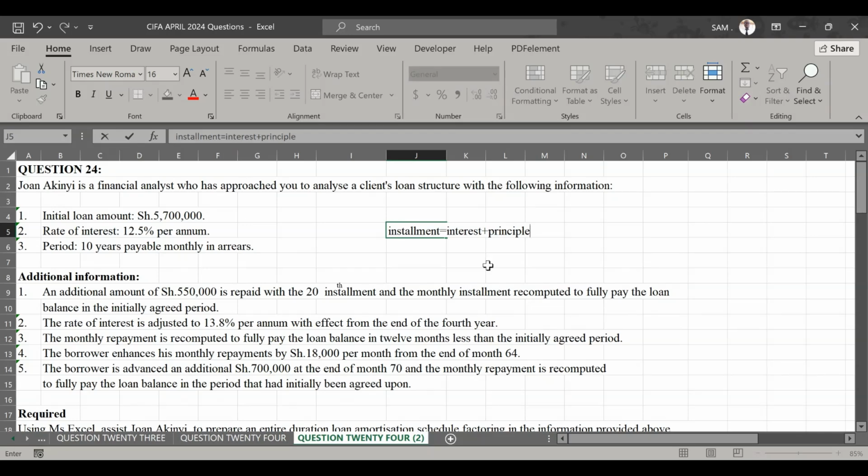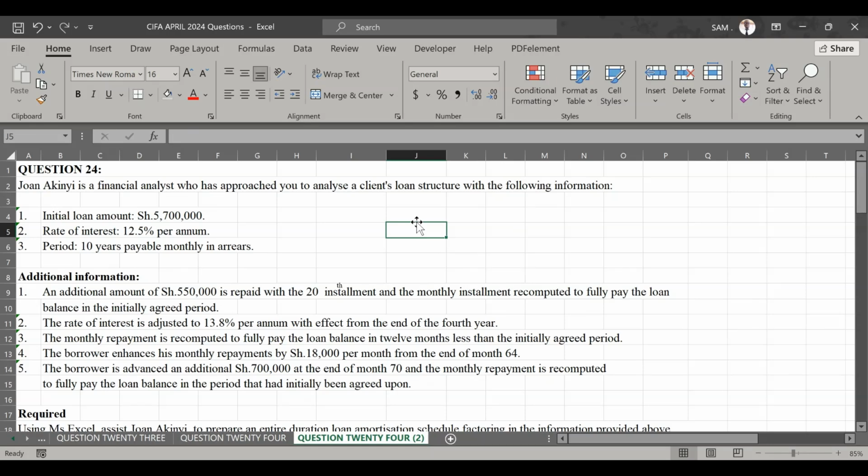Now, in this question here, this installment is not constant throughout the loan period. It is going to change at some point, and that is the trick. That is the trick number one that this examiner is bringing on board. The number two twist that the examiner has brought on board here is that at some point, the interest rate of this loan is going to change, right? So that is another interesting twist. Now, let us read this question and get to understand how to go about it whenever such turns and twists